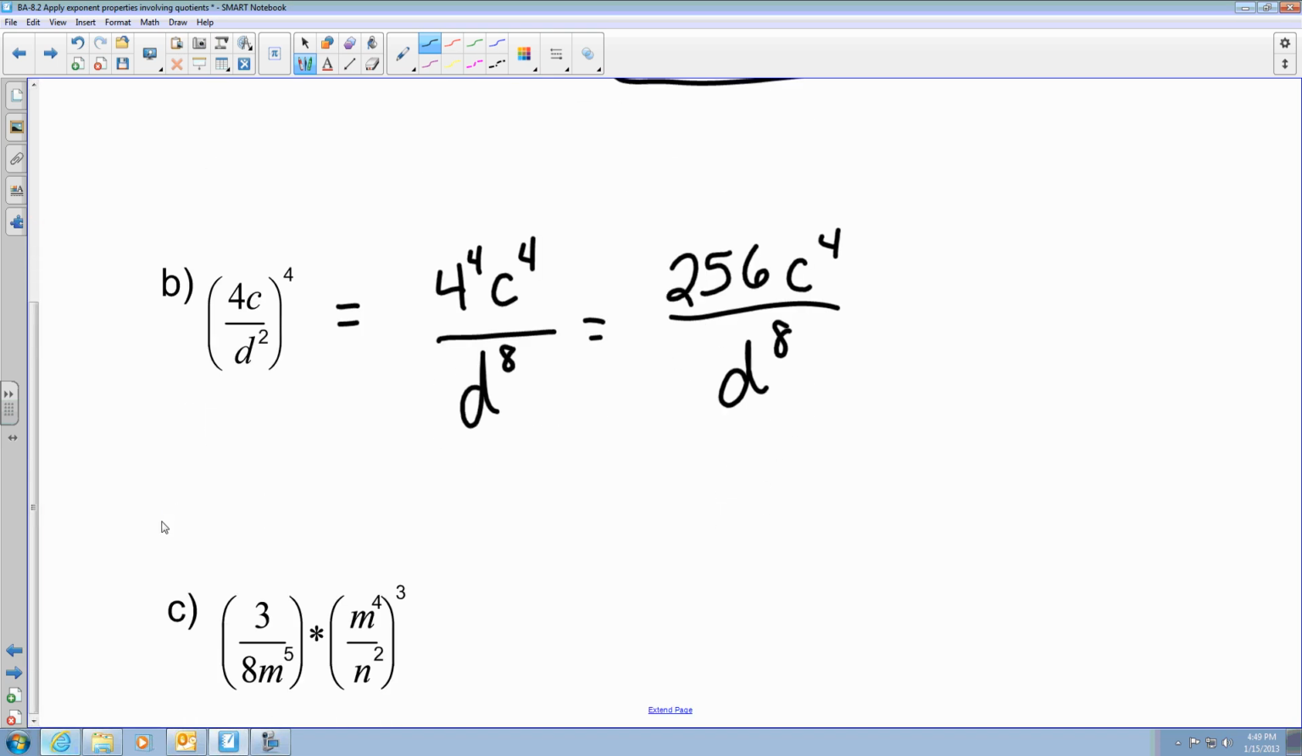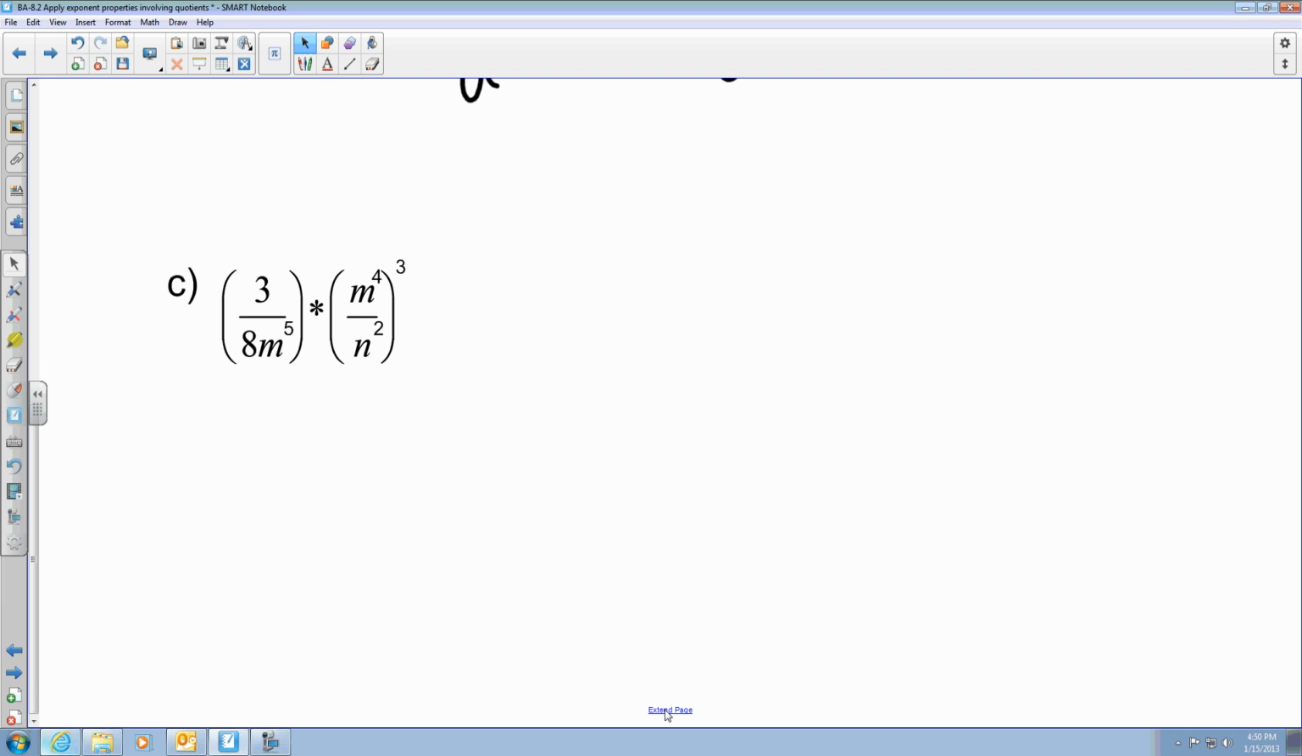Okay. And let's see here, I'm going to get some more room here. Okay. All right, this first parentheses where it has 3 divided by 8m to the fifth, there's no exponent attached there,